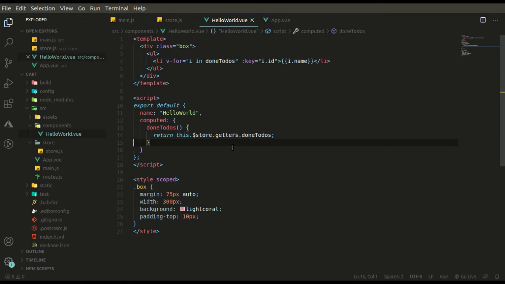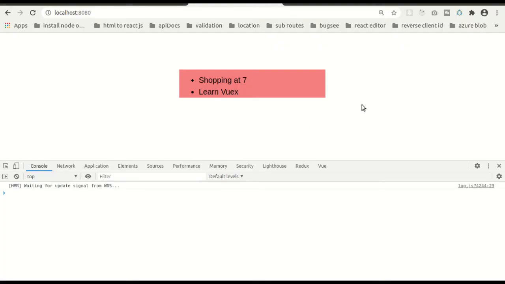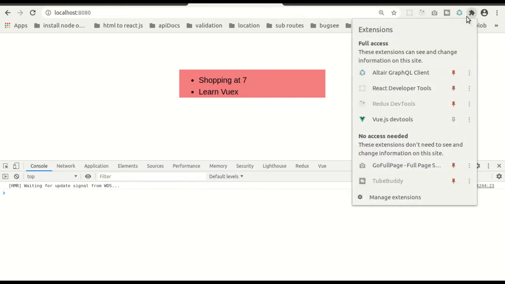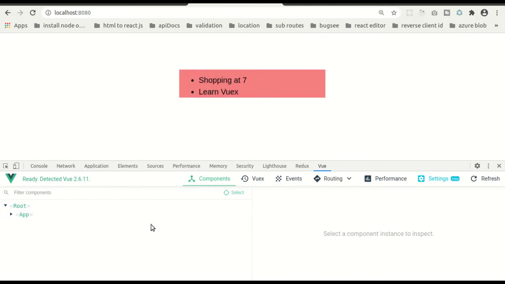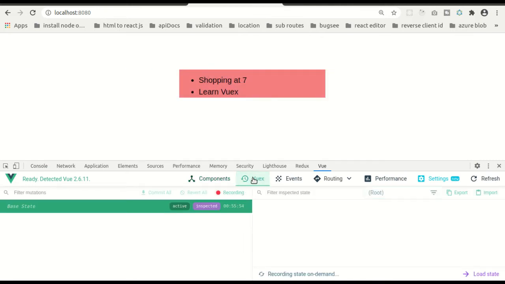One more thing that I want to tell you: you can install this Vue.js DevTools extension in your Chrome, because it is very useful while debugging. We can have a look over here at Vuex.